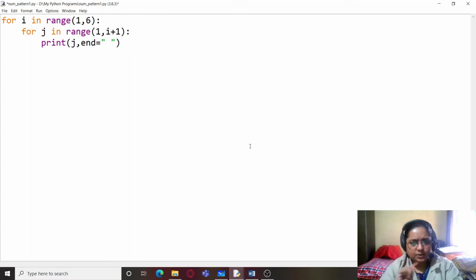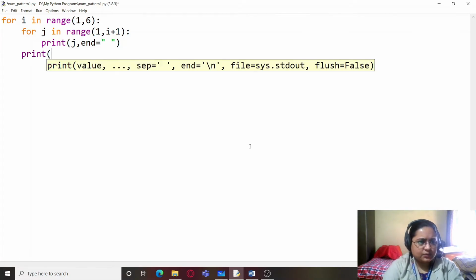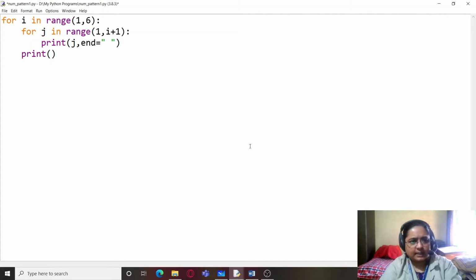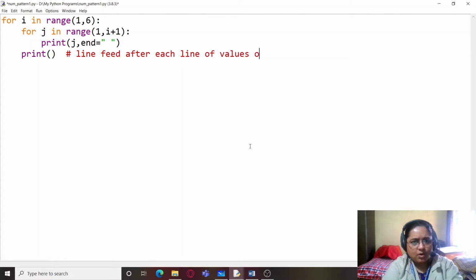Rather, the values of each line should be printed on the same line. And after this, we exit the inner loop and print only a blank line. So this is for line feed after each line of values of J.